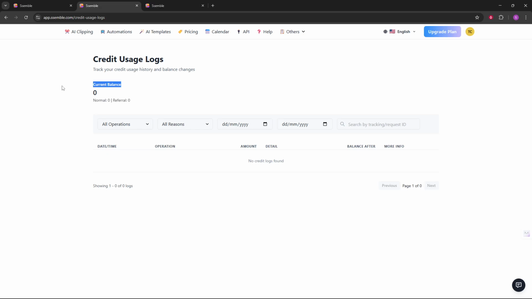That's all there is to it. Log in, open your profile at the top right, and select Credit Usage Logs to check your storage-related usage in Ssemble. Keeping an eye here will help you manage space efficiently and keep your project